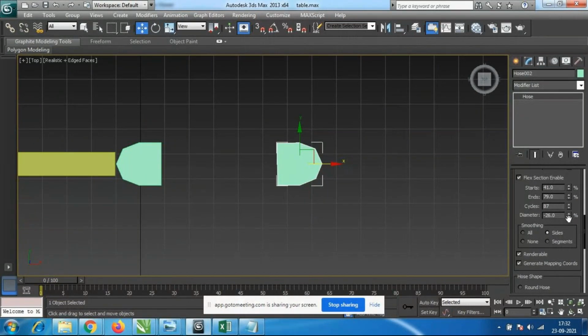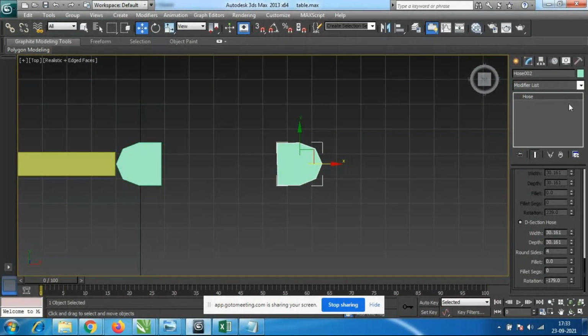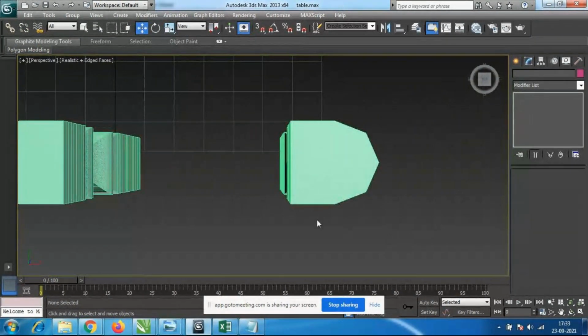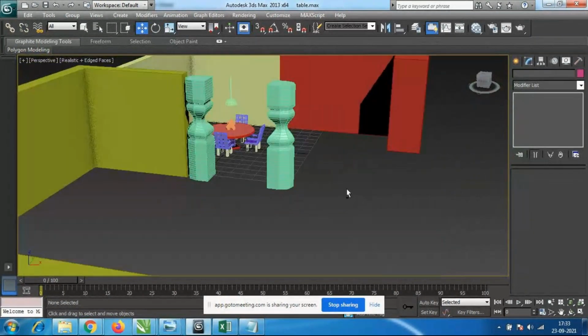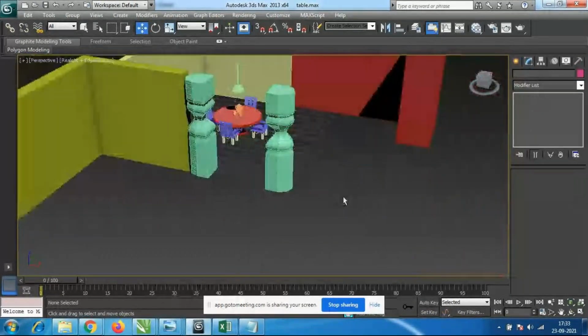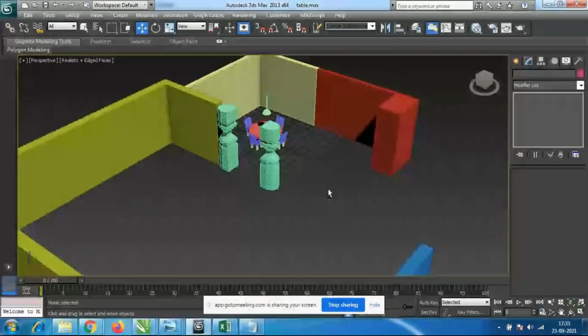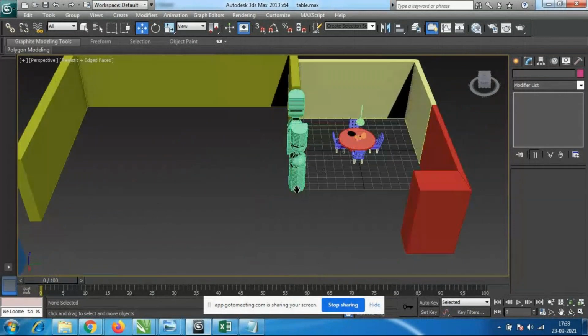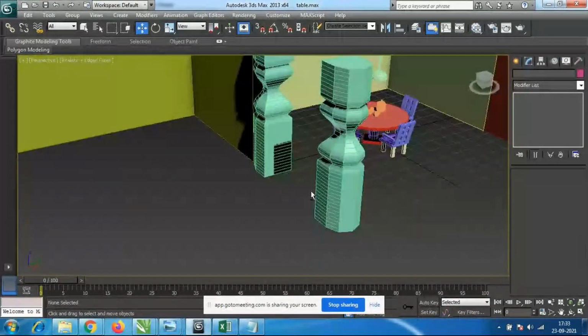Sorry, this is the diameter, and this is the rotation. Like this, the option will be there; for any show designs we have to use it, that time we can use it as a hose.